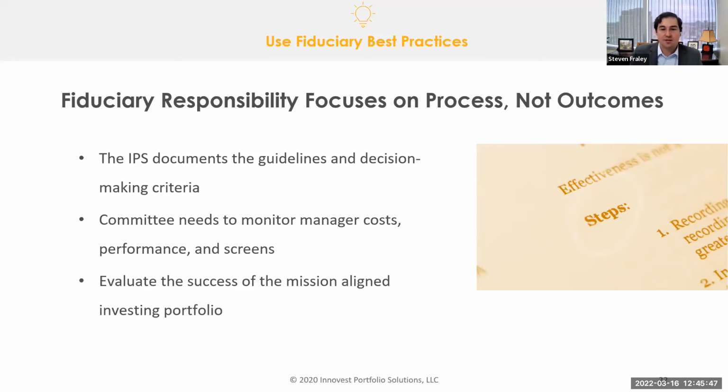And ultimately, that's one of the decisions that an organization needs to make and outline within their process and their policy statement. That's why I mentioned sticking with that through time, because there certainly are periods where socially responsible or environmentally friendly or mission aligned portfolios may underperform. And as long as the process is documented,